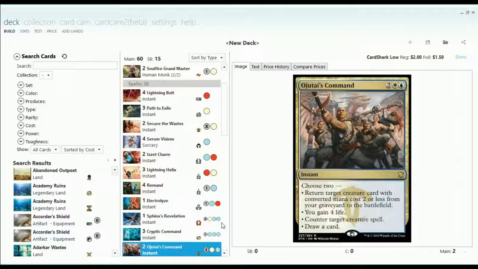Now, this deck started as me wanting to use Ojutai's Command in Modern. This is a card I've been wanting to use in Modern for quite a while, and I tried brewing at least a half dozen lists with this thing in various color combinations. I had Esper, I've had Jeskai, and